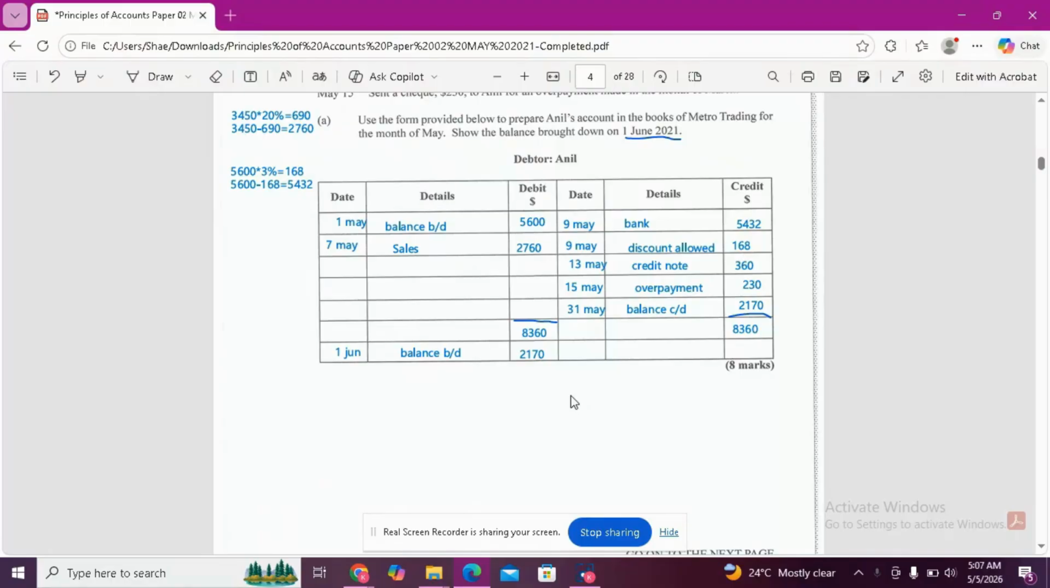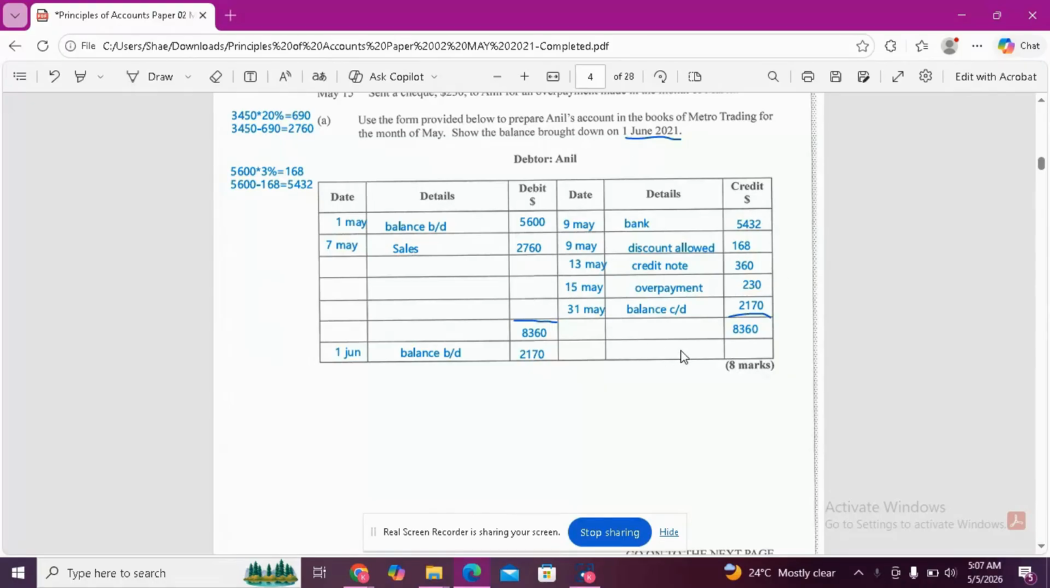So after you total the debit side, you're going to total the credit side. Remember that when you're balancing off, you would not yet have the balance CD. You would have 230, 360, 168, and 5,432. So if you put all of those into your calculator, you will get 6,190. And you minus it from the larger total, which is on the debit side of 8,360, which gives you